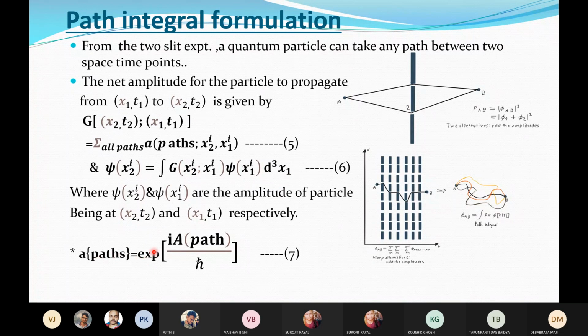amplitude will depend upon exponential of i A by h cross, where A will depend on path, because it's relevant that each path will have a unique probability amplitude for the particle to propagate. So it will only depend on path. So we know that paths are very important in this case. And